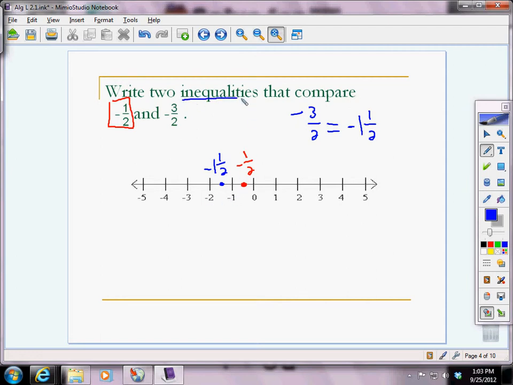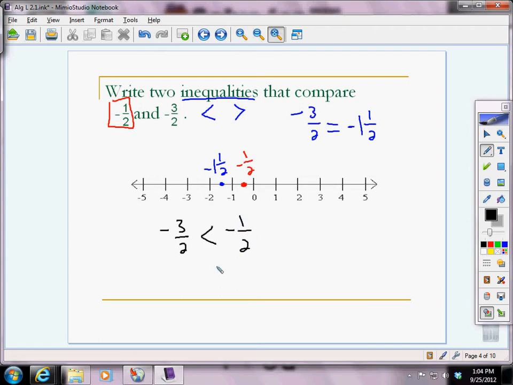Okay, now that I do this correctly, we should be able to see which one's bigger or smaller. When we're talking about inequalities, remember, we're talking about less than and greater than. The further you go to the left, the smaller the numbers get. Or you can think of it the other way. The further you go to the right, the bigger the numbers get. So we could say that negative 3/2, since it's to the left of negative 1/2, is smaller than negative 1/2,